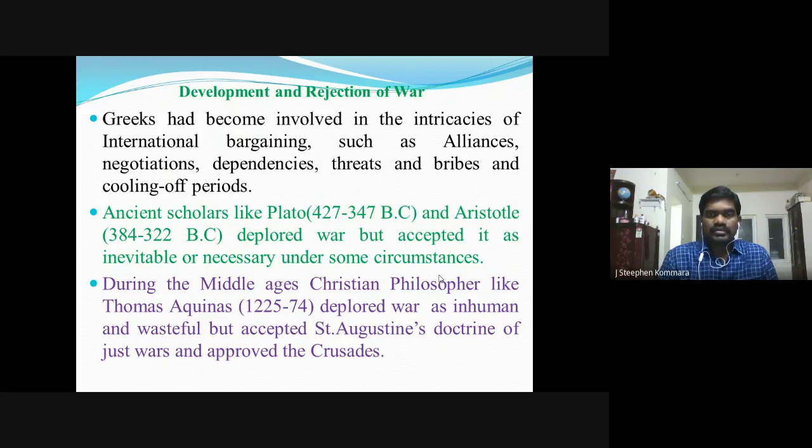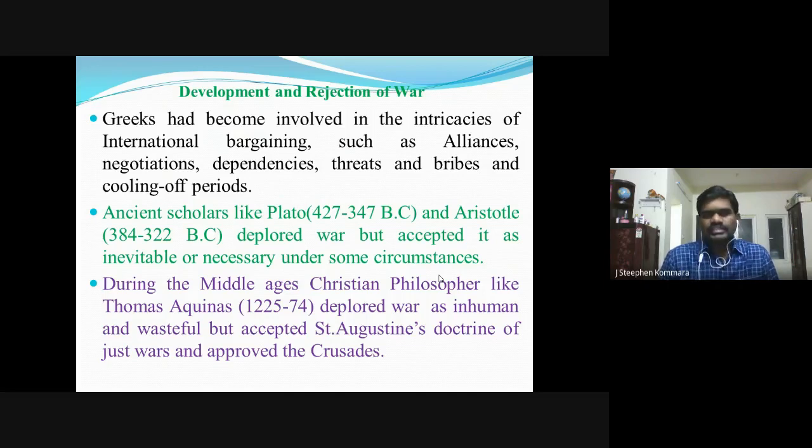These were all happening in the ancient Greek period. In this connection, ancient Greek scholars like Plato, who was born in 427 BC and died in 347 BC, and Aristotle, who was born in 384 BC and died in 322 BC,